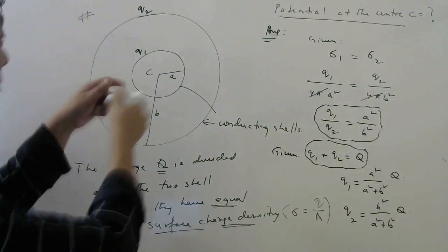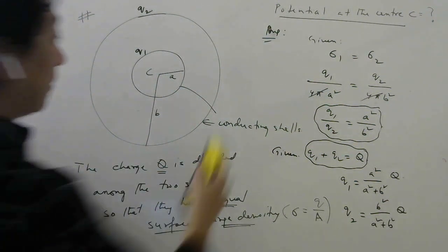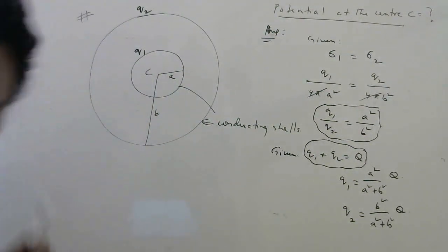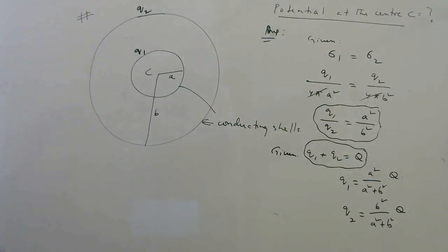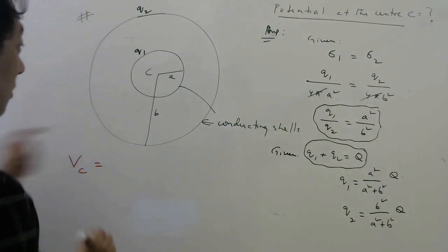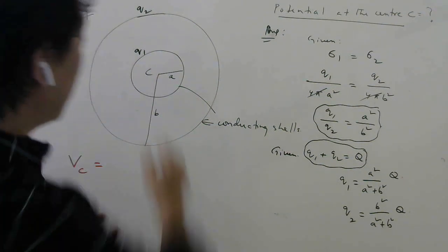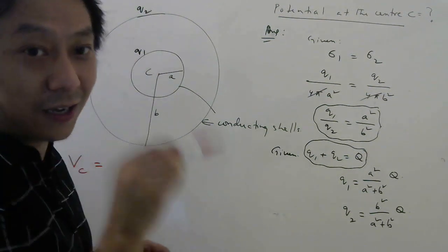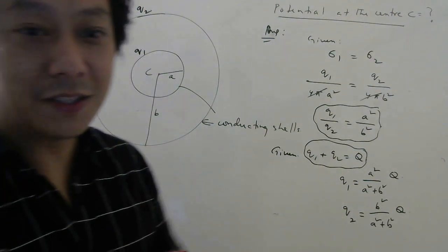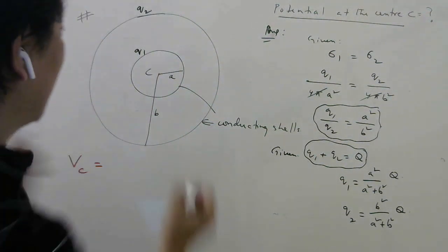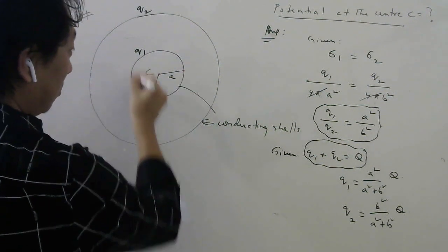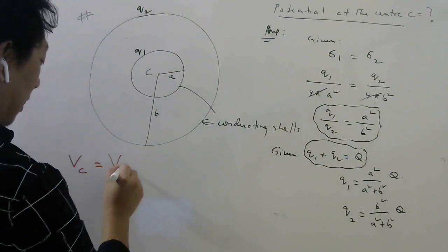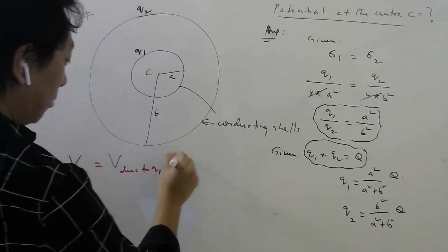So why are this q1 and q2 needed? Because we need to find potential, and to find the potential we need to know the charges on the two shells. Now at which point do they ask potential? At center. Now at center, who will produce potential? Charges, right? Now listen carefully. For this shell, where is this point? Inside, and inside the shell potential is always same as on its surface. So whatever potential is here due to this will be same as here also due to this. So first I need to calculate due to q1, then I need to calculate due to q2, right?